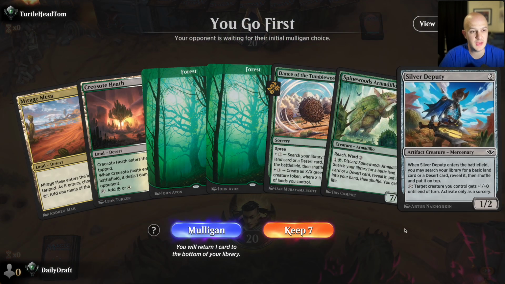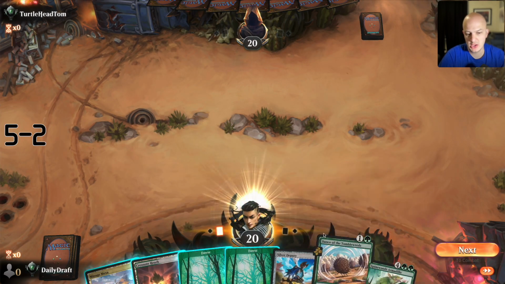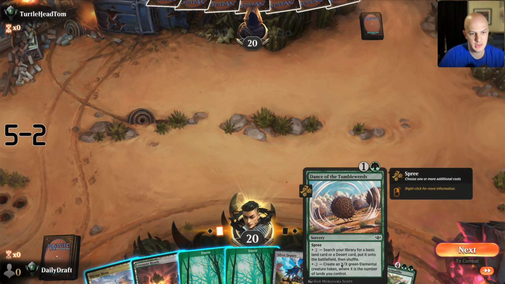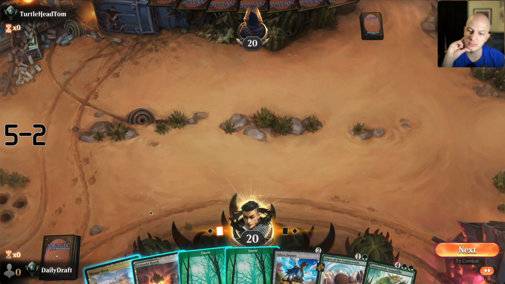Nice little start here with Deputy, I think. I mean, just kind of ensuring our land drops. Could even dance on our way to ramping ourselves to Armadillo. How do we want to start this, though? Mirage Mesa, probably on...